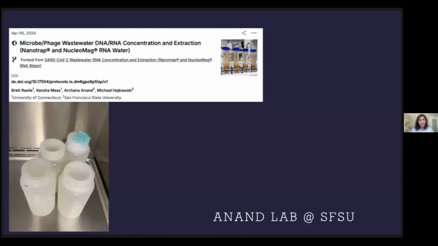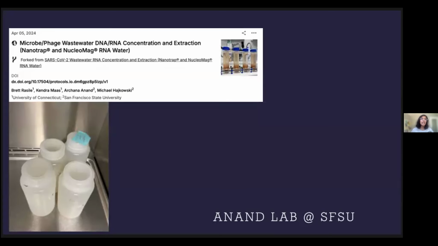Now, at SF State, I am part of a phage foundry effort. This is funded by the Department of Energy, in collaboration with Berkeley, University of Texas, Chicago, and the Berkeley Lab, which is a national lab. And what we have done, and this has been led by my graduate student, Michael,